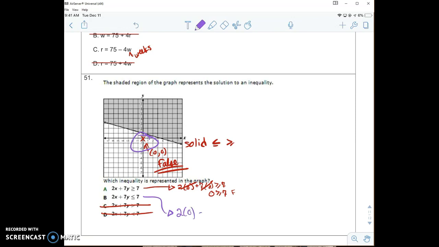B, 2 times 0 plus 7 times 0 is less than or equal to 7. 0 is less than or equal to 7. This is a true statement,